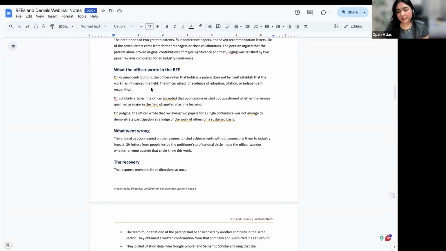Most of the time, when you have a patent, it needs to be adopted by a company or an organization, or it has to be used. This is EB1. When I come to NIW, I'll tell you something different about patents and how they can be used. Any kind of independent recognition needs to be shown. Only a certificate would not be much help. A lot of times I have seen that the certificate itself comes along, like a grant certificate or an application which talks about it.